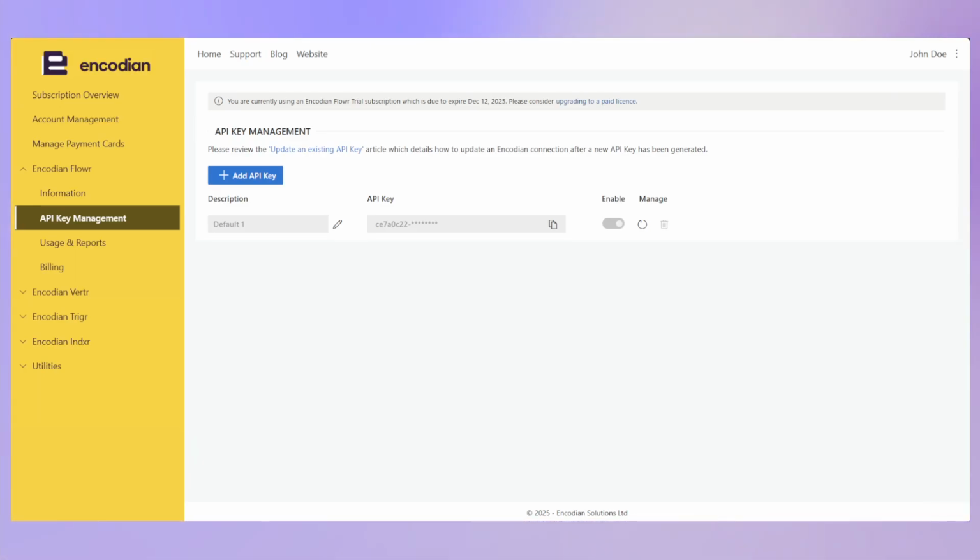Hi everyone. In this video, I will show you how we can use the Encodian connector to convert Word into PDF format. Basically, this is a quick tutorial about how to use this connector and how to set up a connection in Power Automate. So first, you have to create an account on the Encodian